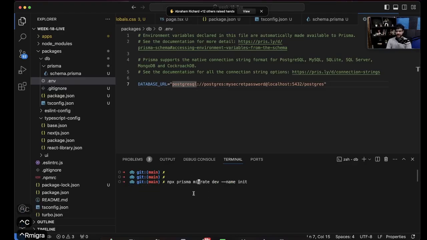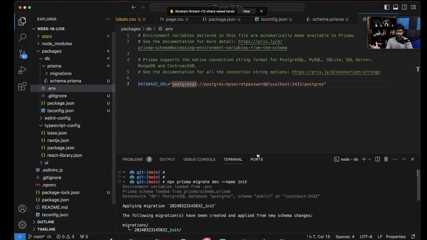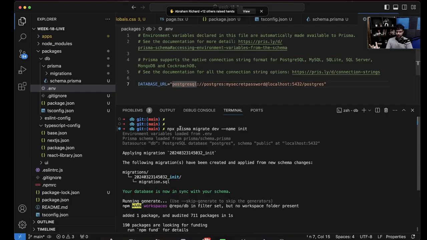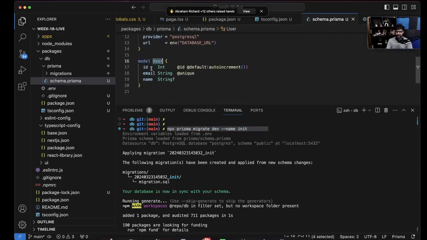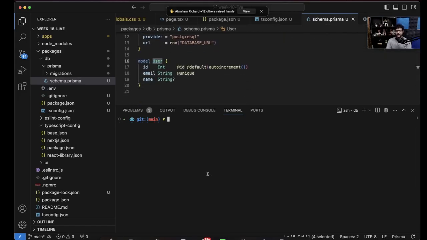Sorry, npx prisma migrate dev, my bad. npx prisma migrate dev, and give this migration a name, which in my case I'm naming init. And once I do, my local database should migrate to this schema, which basically means it should have a users table now. If I try to look at my local database, you don't have to, but if I look at mine,